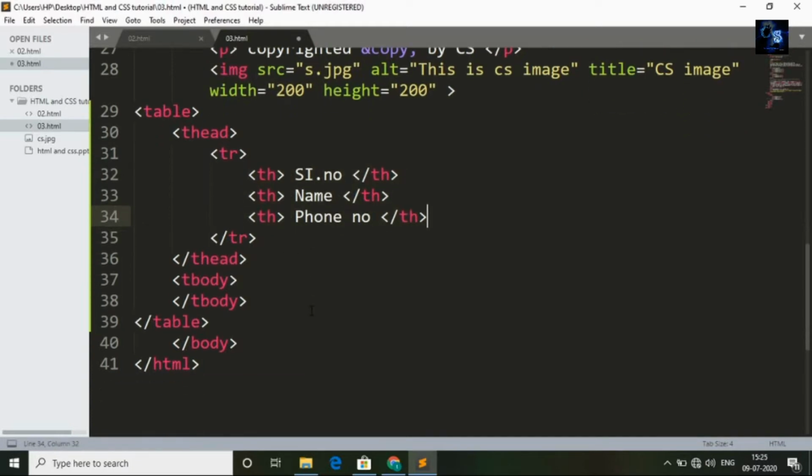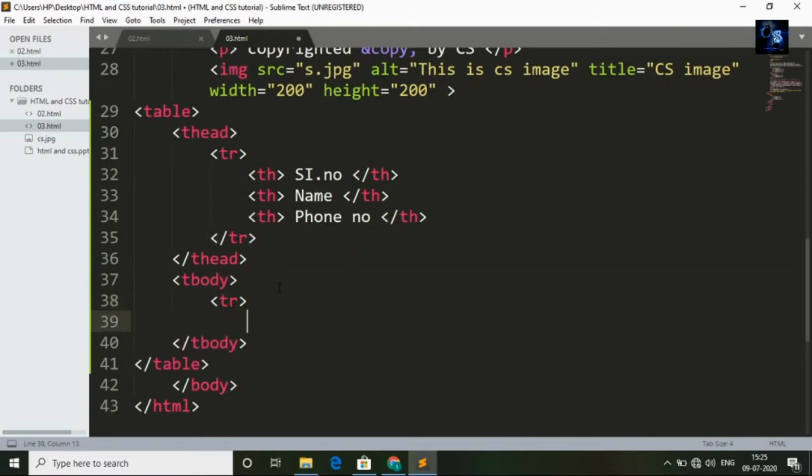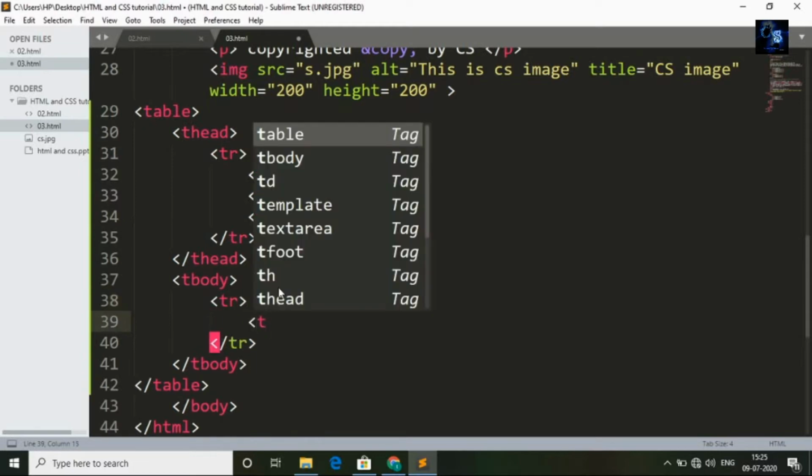To add elements in the table, go inside the tbody tag. First I will add the tr tag. If you want to add row elements, then you need to use the tr tag. This is the opening tag and this is the closing tag. Inside the tr tag you use a td tag. Td tag is table data. If you want to add table data such as serial number 123 or names like Chetan, Kiran or Nikhil or any other names or phone numbers, then you need to add them inside the tbody tag